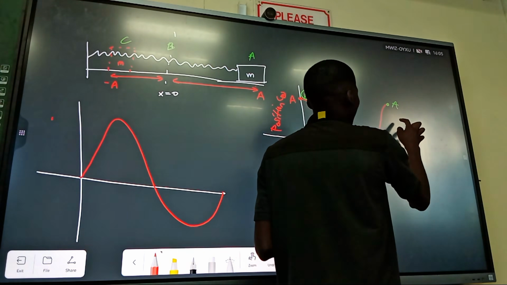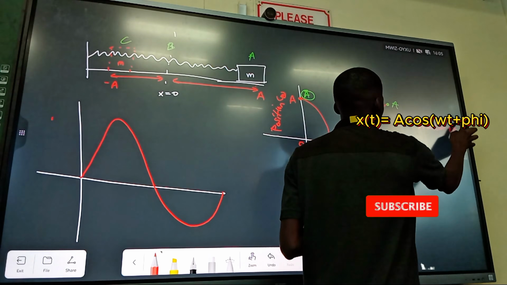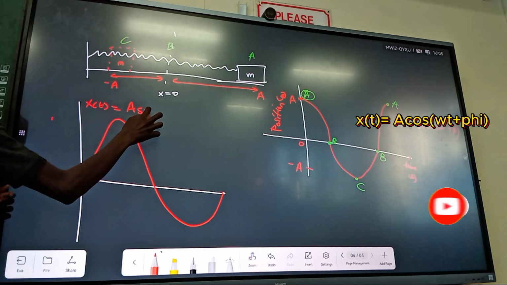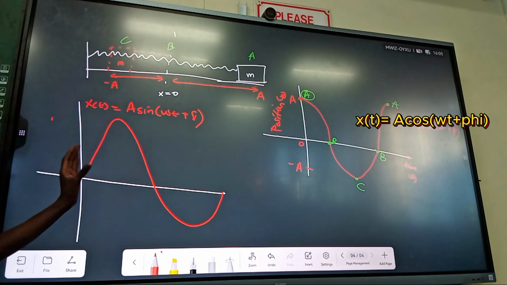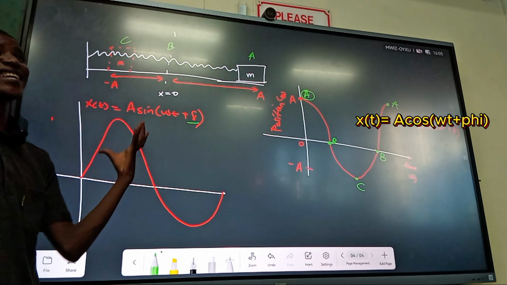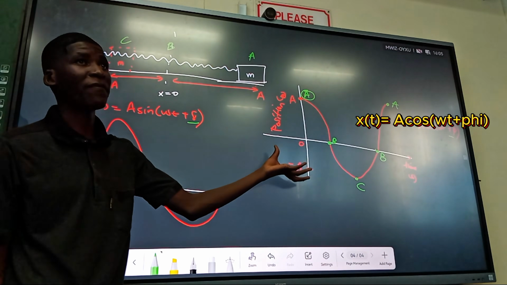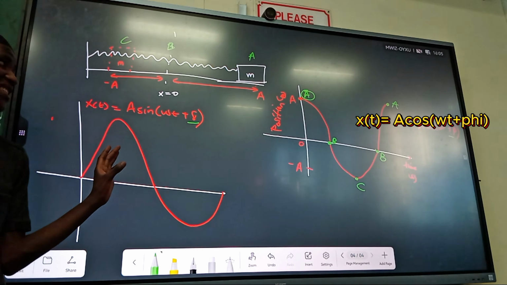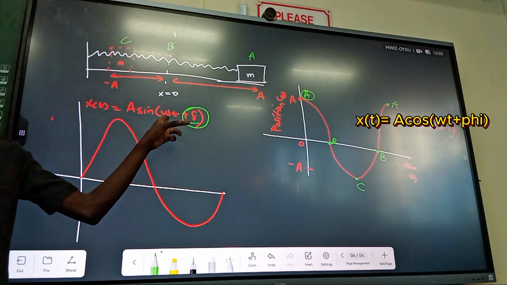So the equation says here x is equal to A cos(omega t plus phi). The sine says x at t is equal to A sin(omega t plus delta). So the difference here is the phase angle. We use delta when we are talking about a sine graph, and we use phi when we are talking about a cosine graph. But basically, all these graphs describe the same position of the same object. The phase angle basically tells you, if you want to see your sine graph, how many degrees it is shifted.